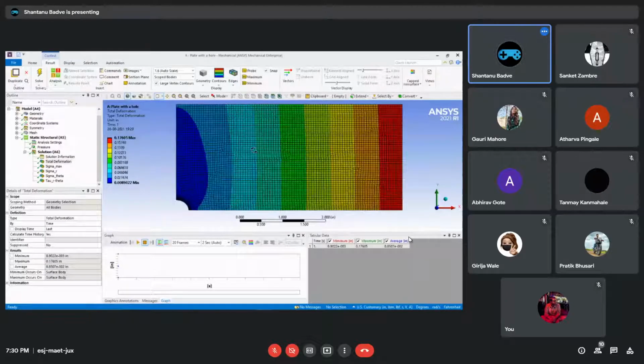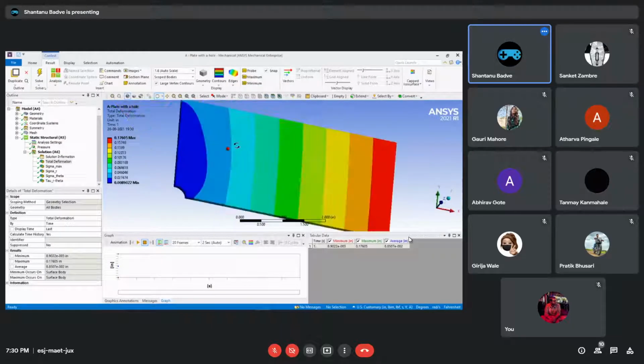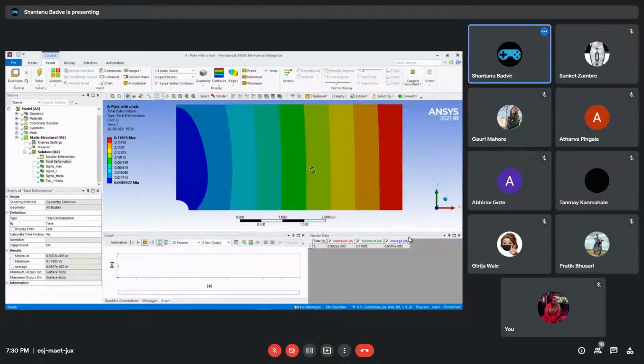We can also see the mesh in here. I don't really like seeing the mesh, so I usually turn it off by going to edges, then clicking no wireframe, and we can only see these colors now. They really look great to look at.